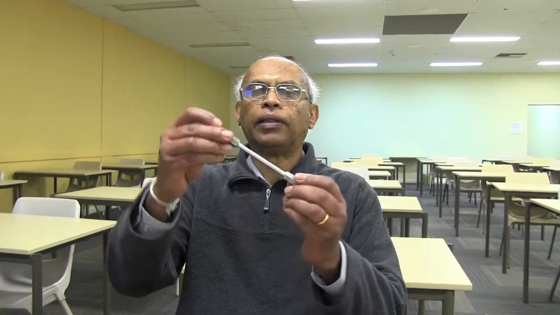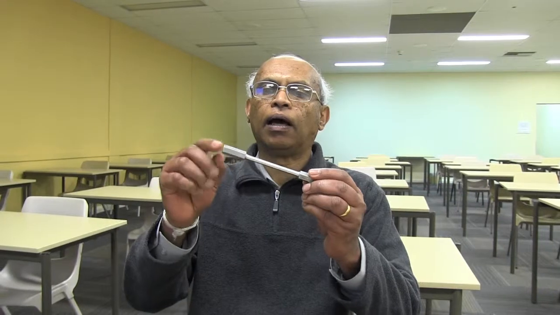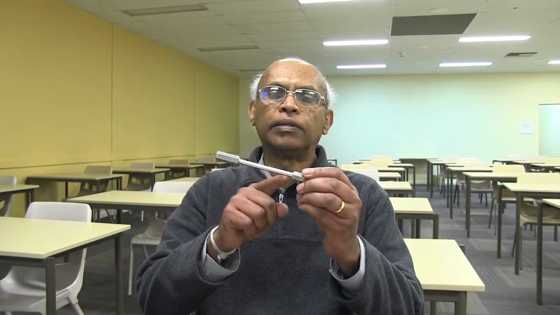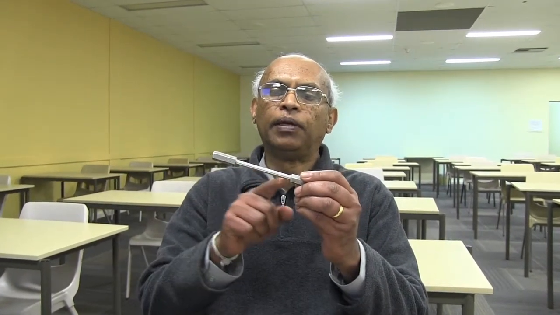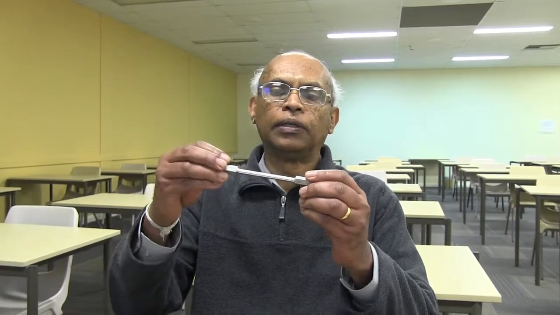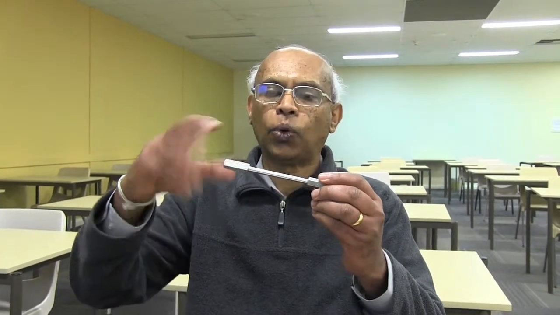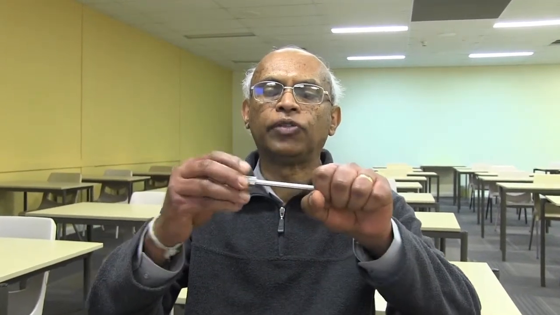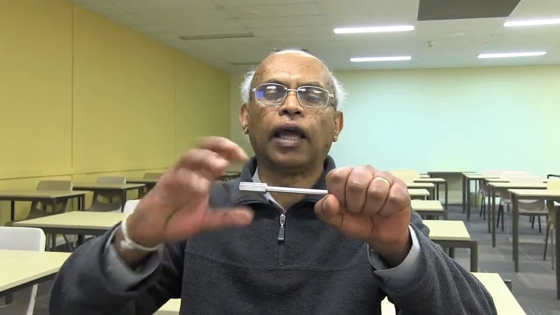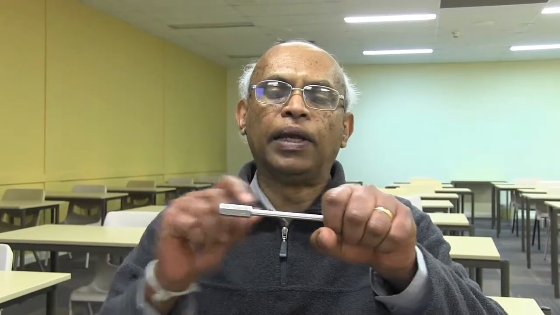This is the specimen that we are going to test, and the two ends, as we can see, are rigid, and the central part is going to be deflected under torsion. The torsion force is a torque. One end is kept fixed, the other end is turned, and this is the length that it is twisted. And we also need the diameter.